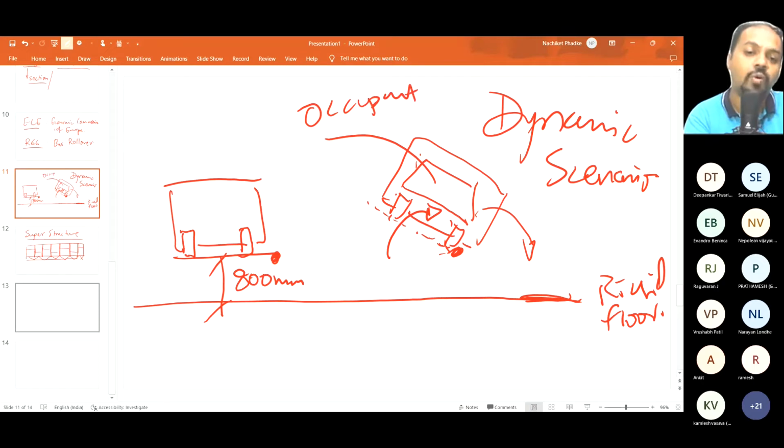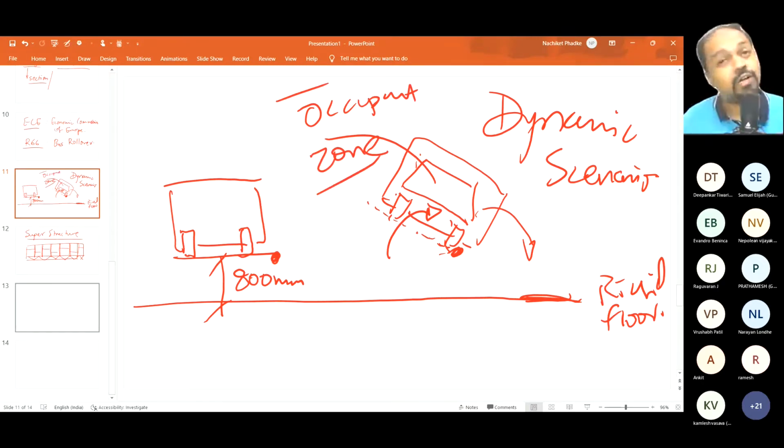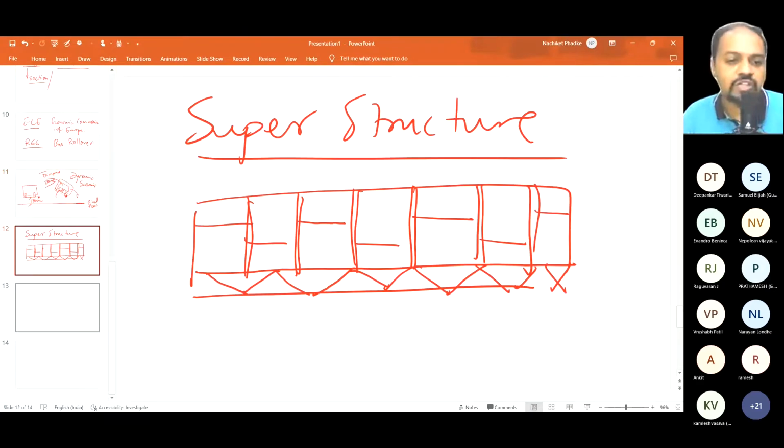So no structure should get intruded inside this occupant zone. That's the regulation statement. So this superstructure, if it is weak, there is going to be too much intrusion in the passenger compartment and your bus will not be allowed to go into serial production. So this superstructure design